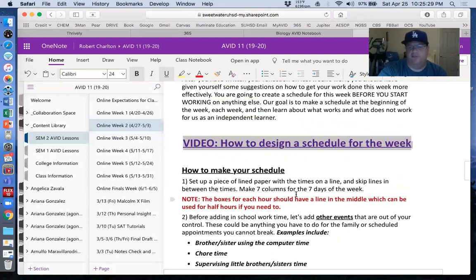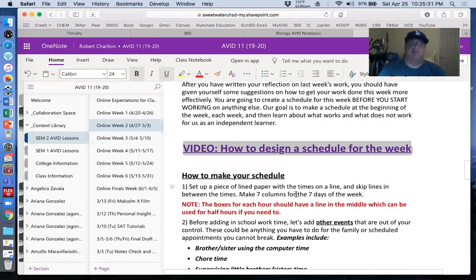And so you should get a decently full schedule. This should be something that really lays out when are you going to work on all 6 classes? When are you going to eat? When are you going to relax? And hopefully this takes some of the stress off of you, because you can look at your schedule and say,